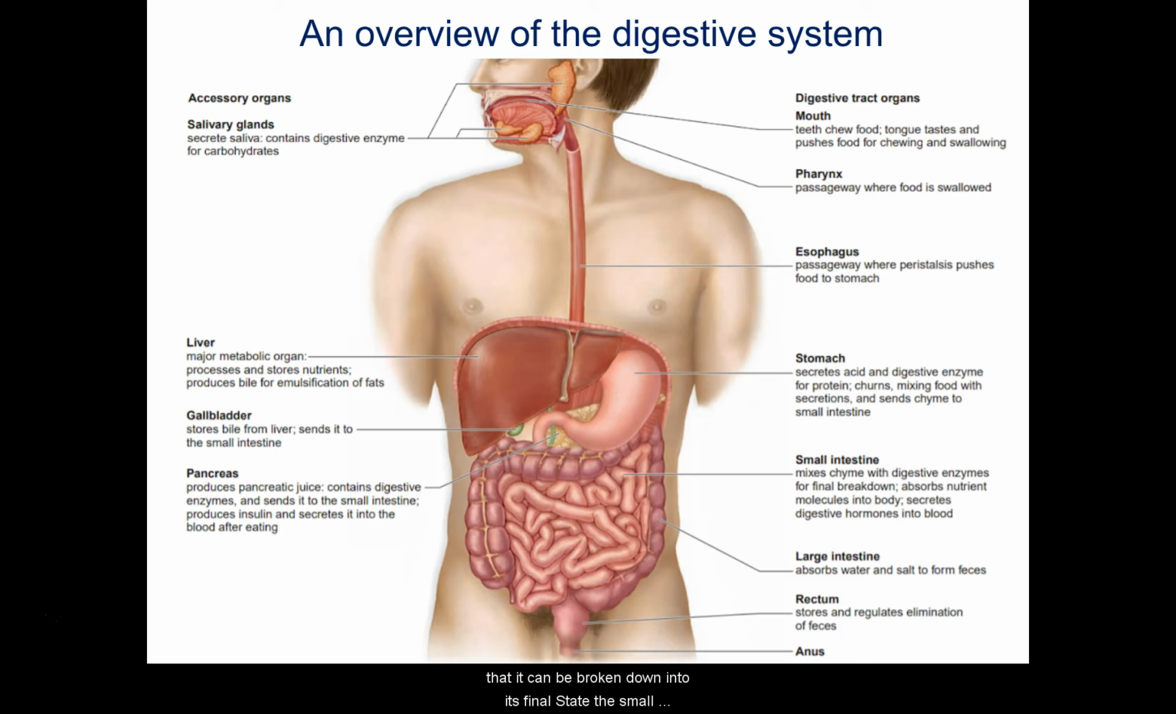The small intestine is where your nutrients are getting absorbed into the body, and it's also where you're going to secrete digestive hormones into the blood. And then the large intestine, getting toward the final part, is where water is going to be absorbed. Then finally, you have the rectum,